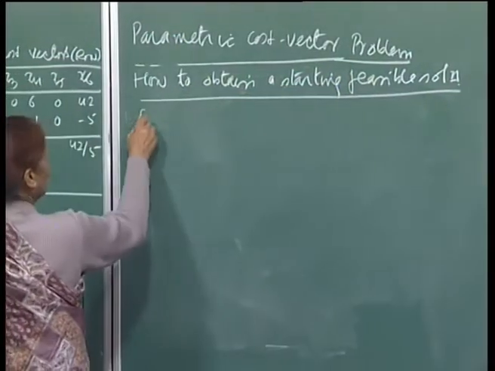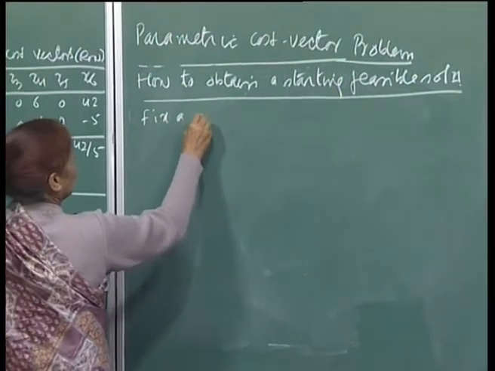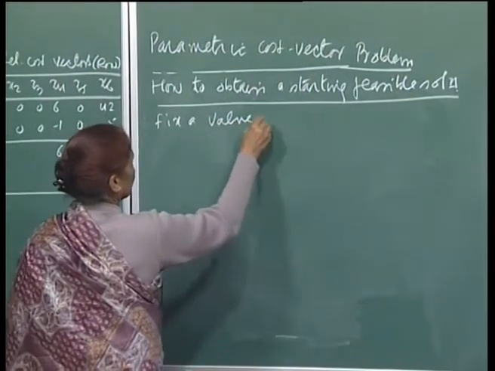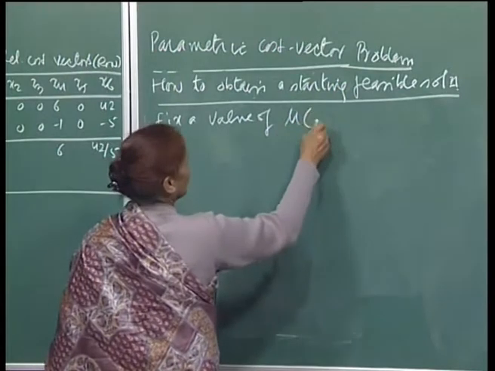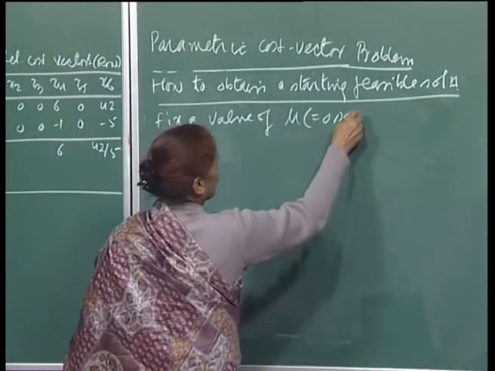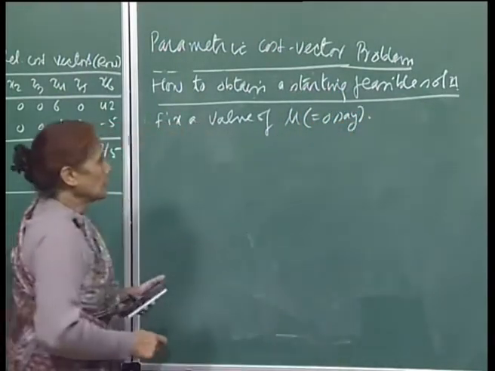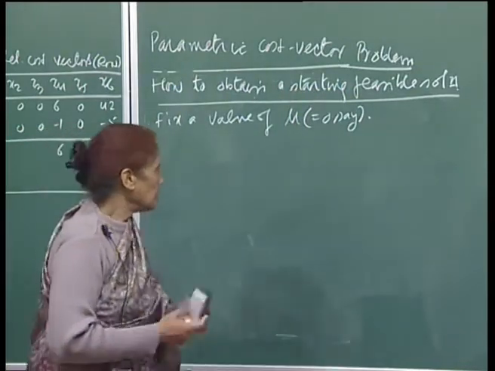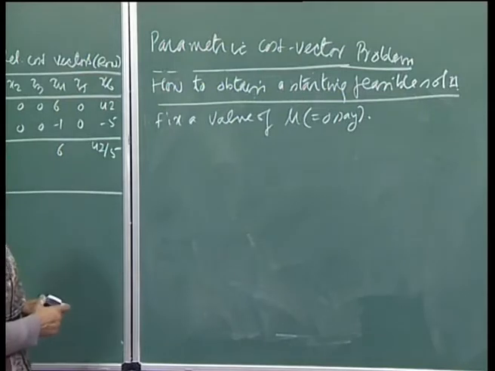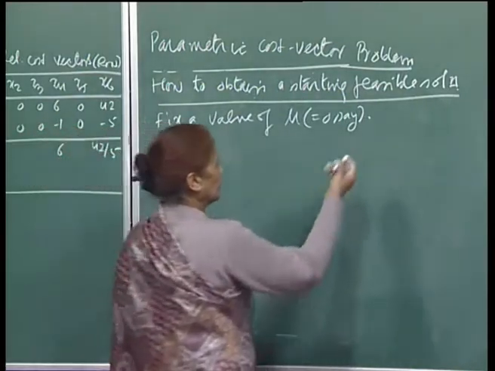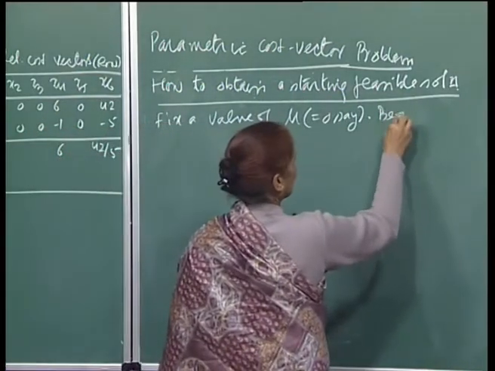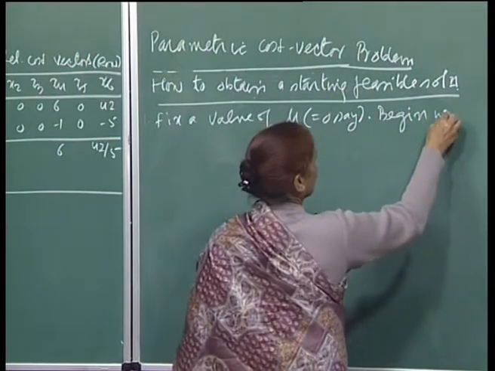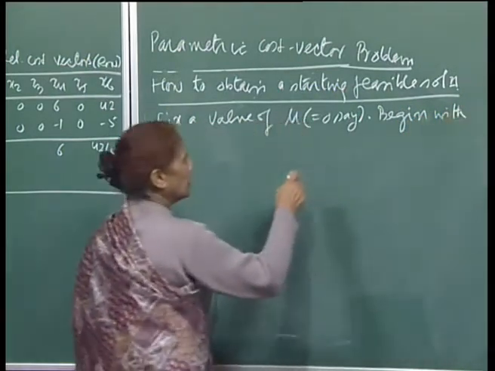Fix a value of mu, and normally, for convenience's sake, you choose mu to be 0 unless you have reasons to choose some other value. It depends. So, fix a value of mu and you begin with the simplex algorithm,